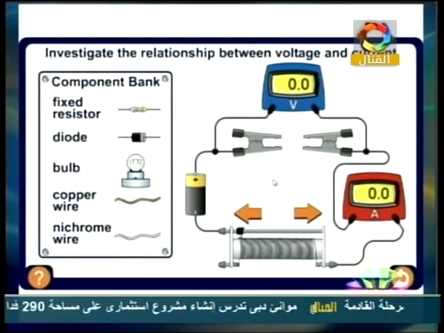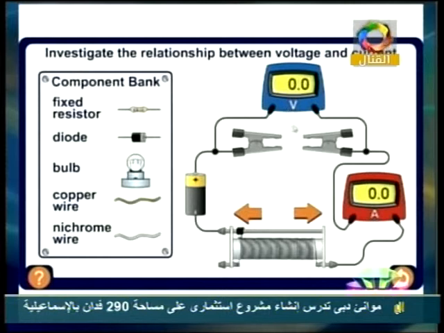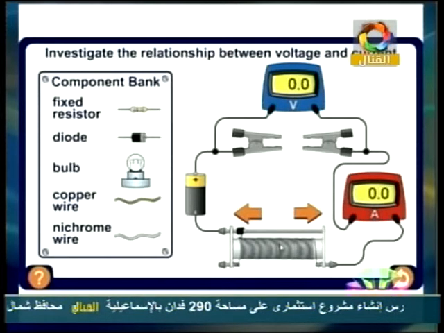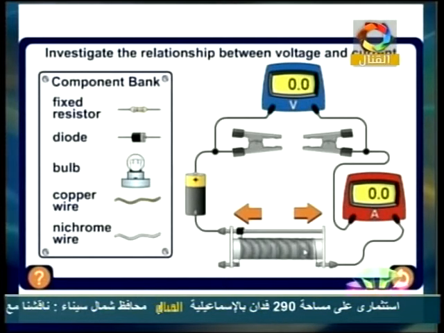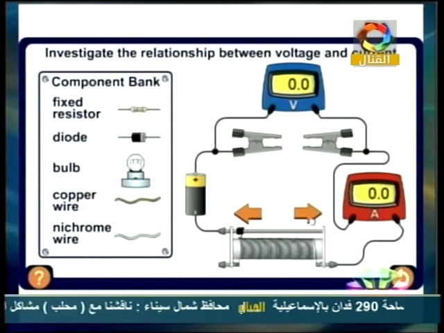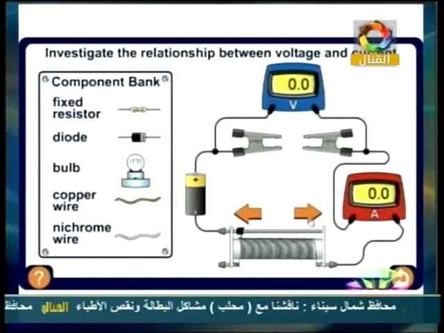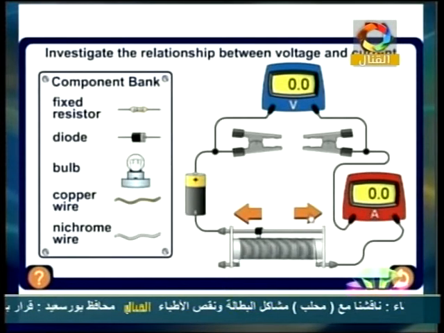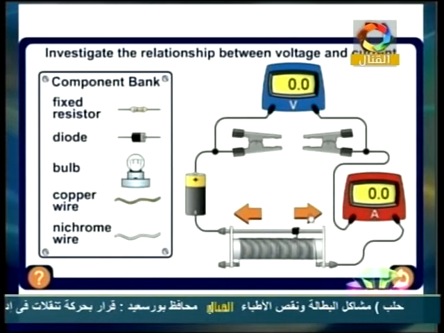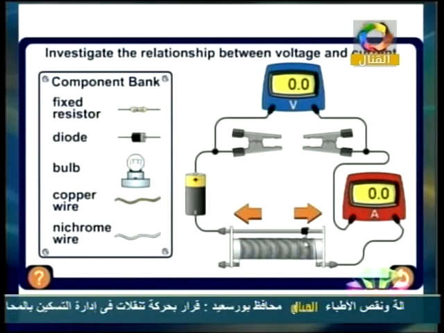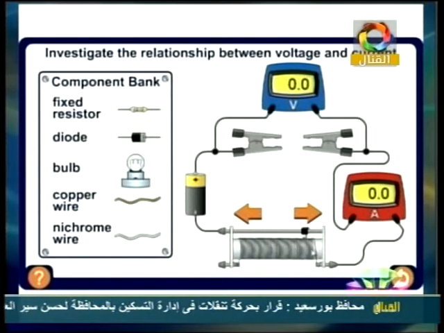Here we have our circuit. This circuit contains a voltmeter, and we have an ammeter, and here we have a part of the wire called a rheostat. This rheostat has a wire here. It makes increasing or decreasing here or here. So here I have a very small one of